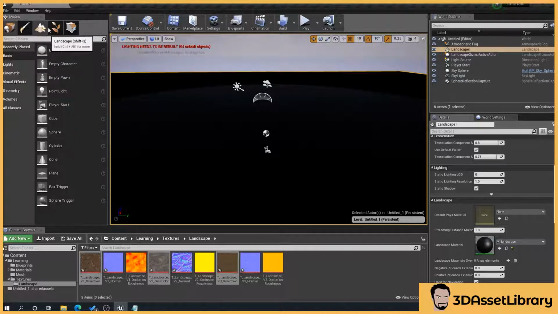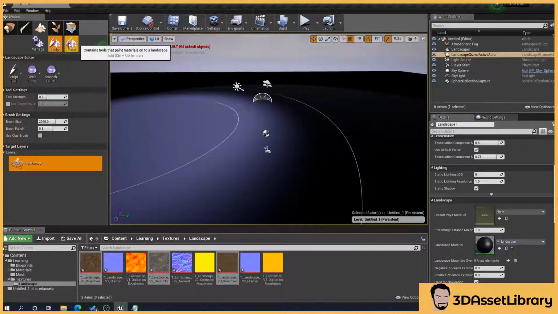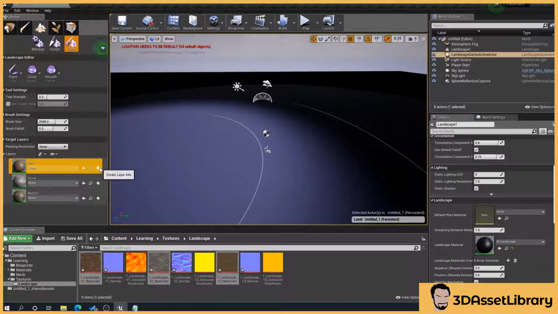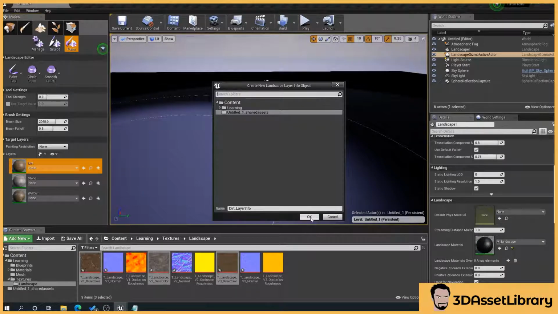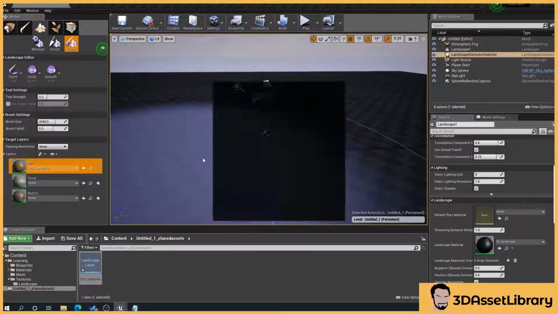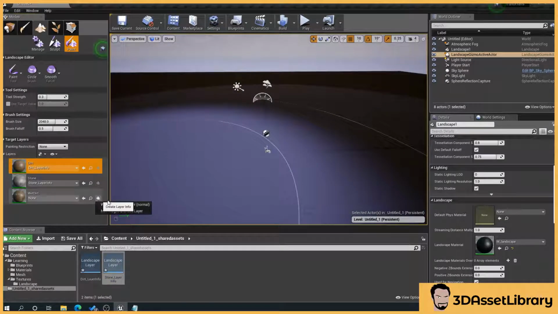But then what we do is we go to our landscape tab in modes, select paint, and then what we want to do is press plus. So you've got these layers down here, which should be exactly what we've just created. So what we do is we press the plus icon next to each one and select blended layer normal. Okay. Do that for each. So this is basically, from what I understand, the layers where it stores the information that's being painted.